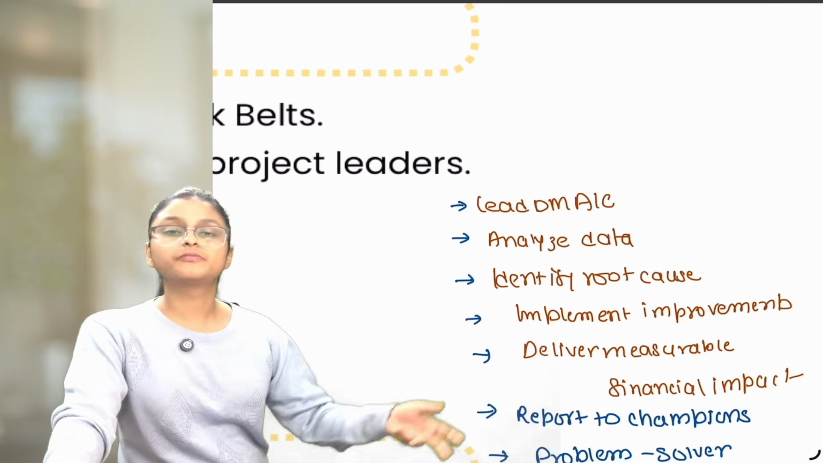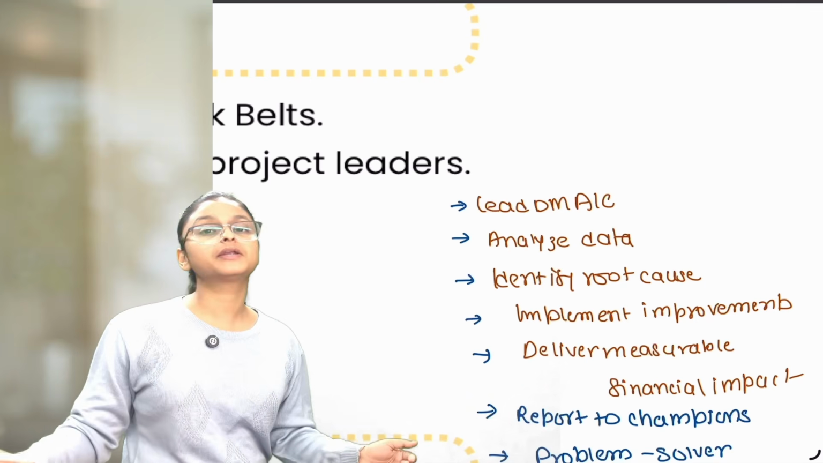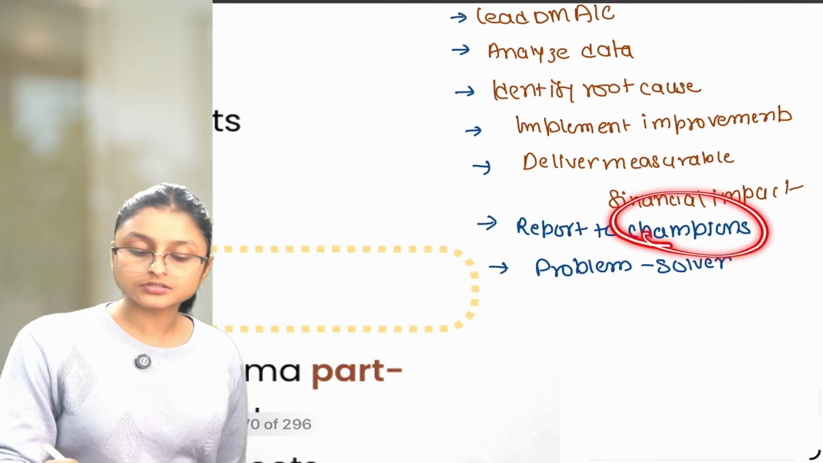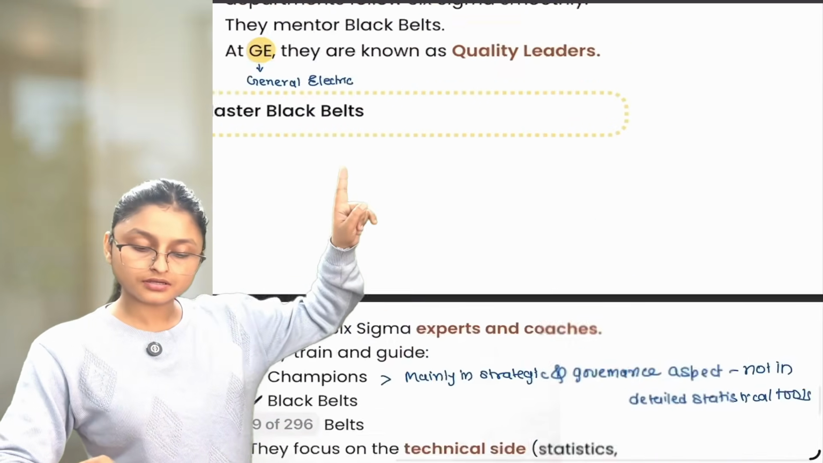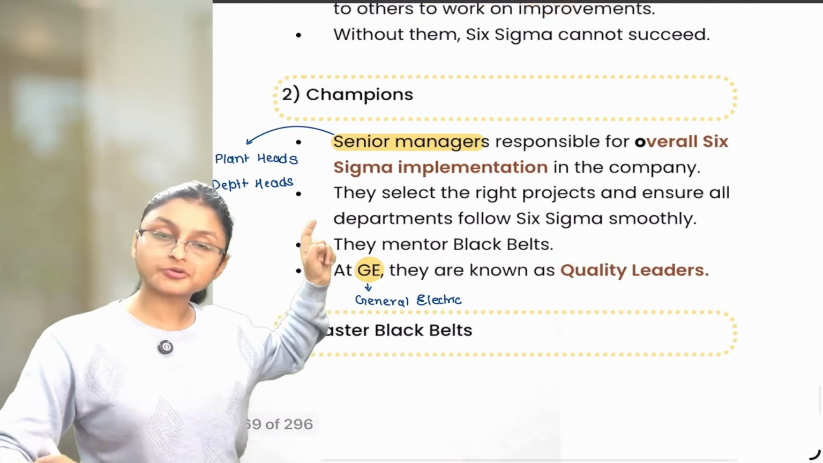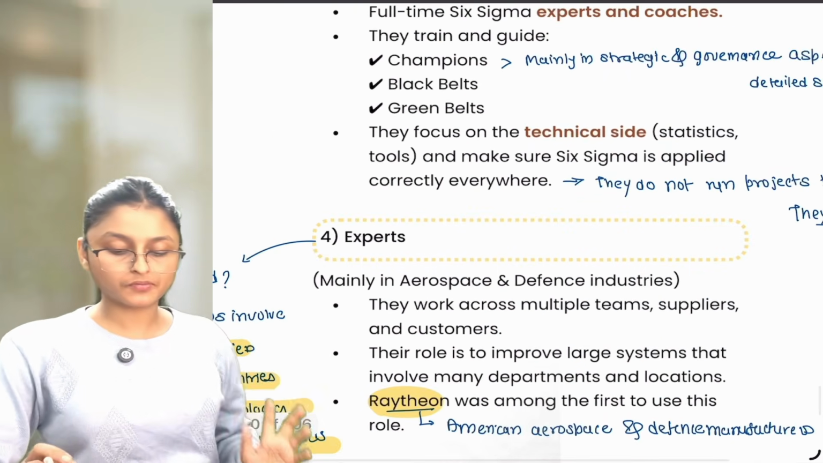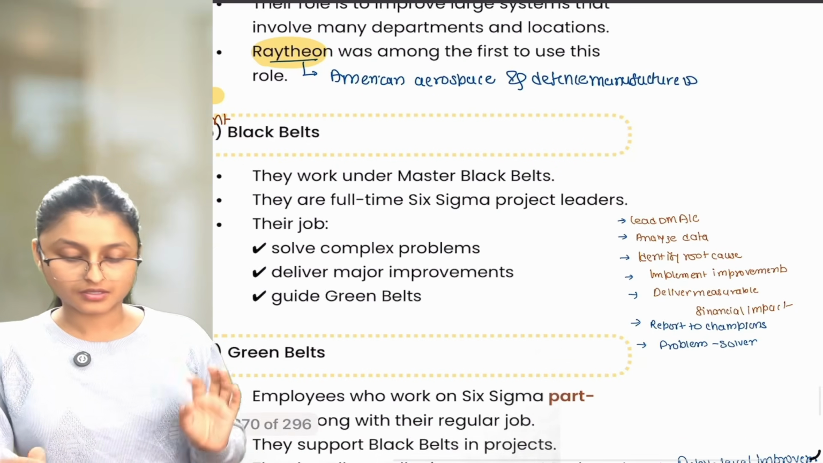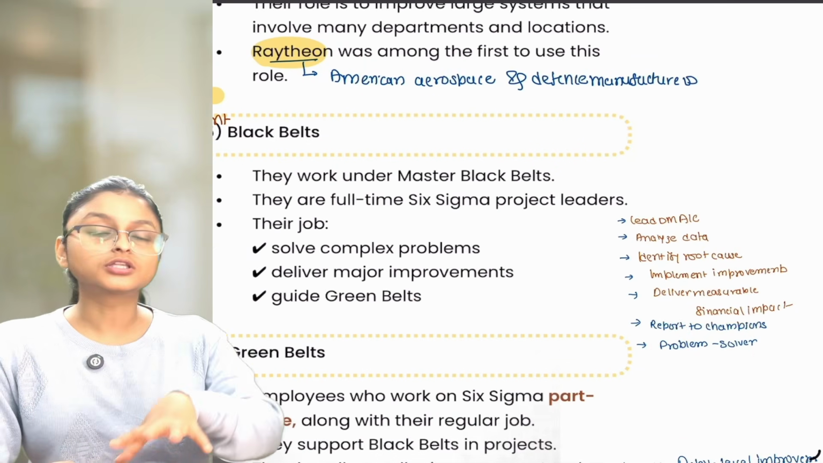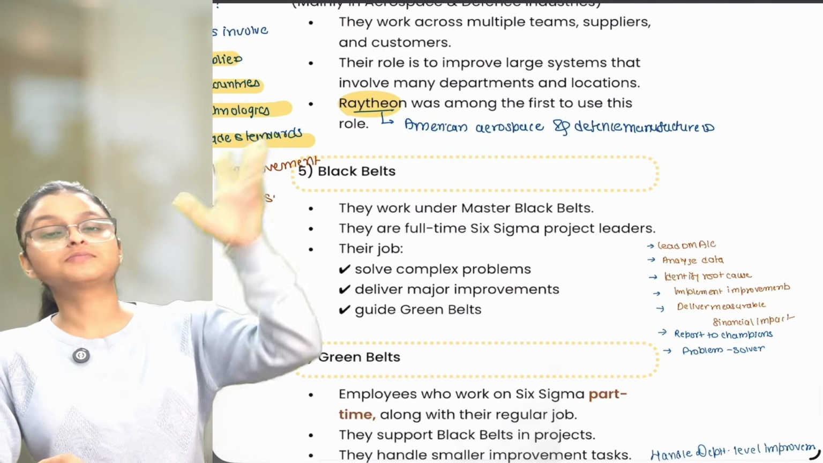What was the situation before implementation and after implementation, you can measure it financially. Next, report to champions. Champions, if you notice, we also understood that they mentor black belts. So black belts will report to champions what achievements we have made. And they are the problem solvers. They are the ones who will solve the problem and achieve the vision which has been set by the top